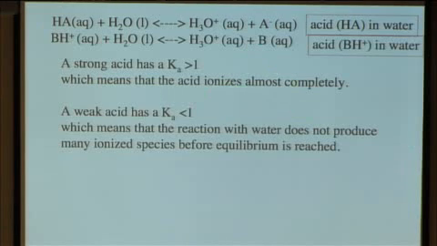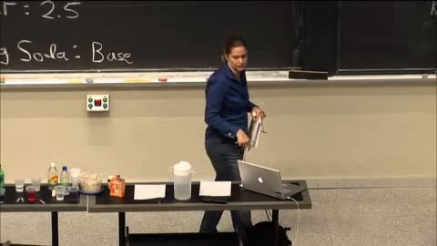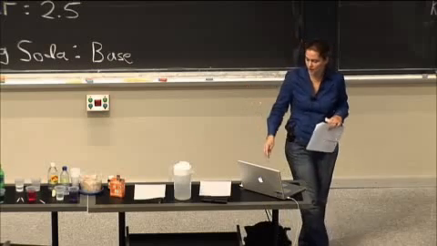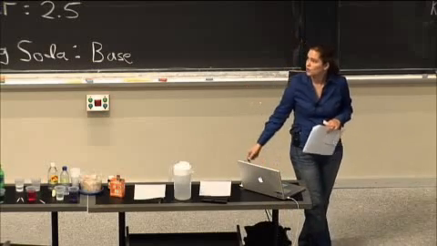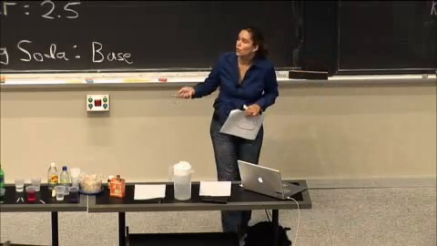A strong acid is something that has a Ka greater than 1. More products than reactant at equilibrium. So that means it ionizes almost completely. So it goes far toward products, ionizes almost completely. A weak acid is something with a Ka of less than 1, which means that when you put this acid in water, it doesn't ionize very much, and so when you have equilibrium. So you can tell if something is a strong acid or not by looking at its Ka value,